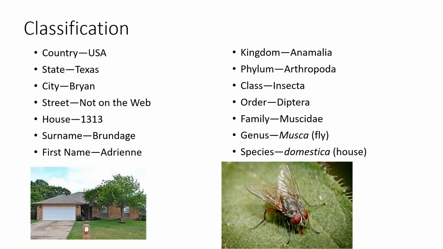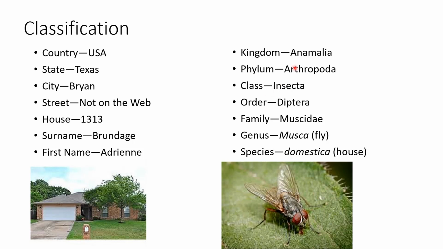Just like we share our geographical location with everybody else in the United States, we can differentiate ourselves from people in Canada or Mexico or the UK or China or wherever else. We can differentiate all those organisms that fall into Animalia when we compare them with, say, plants or prokaryotes or other eukaryotes or things of that nature, right? Okay, so this large group is the kingdom. This is Animalia. Then we get into smaller groups.